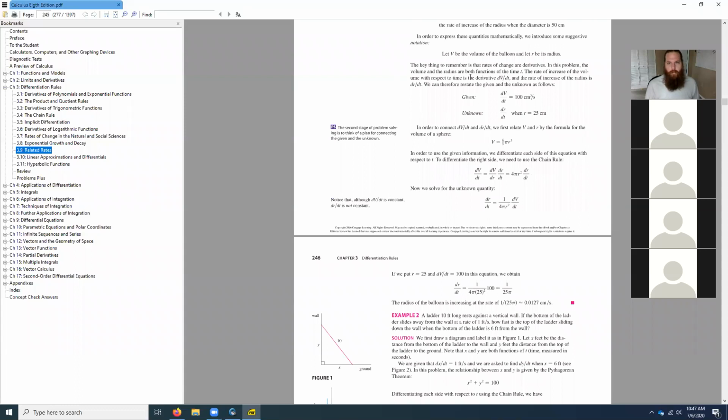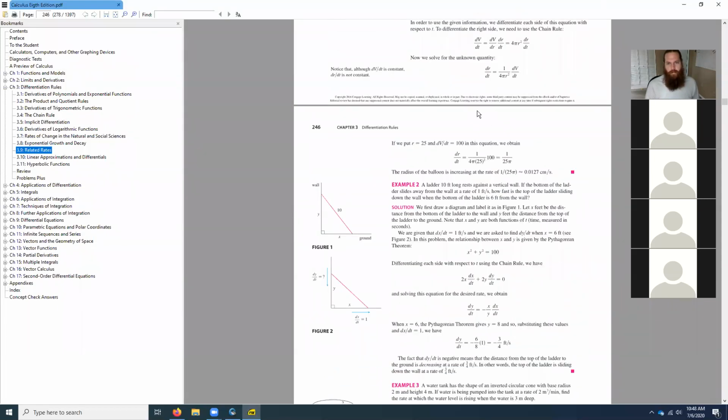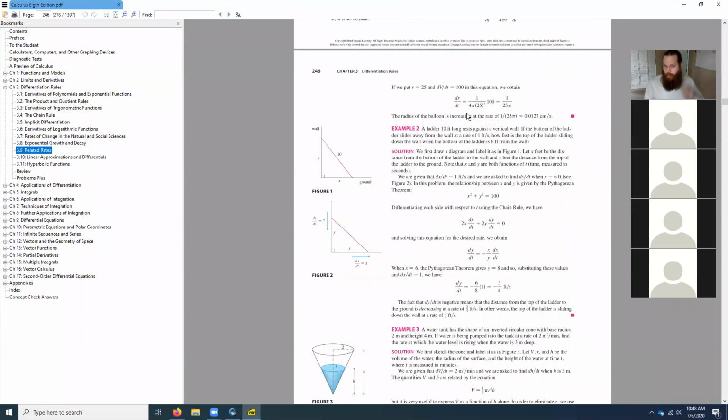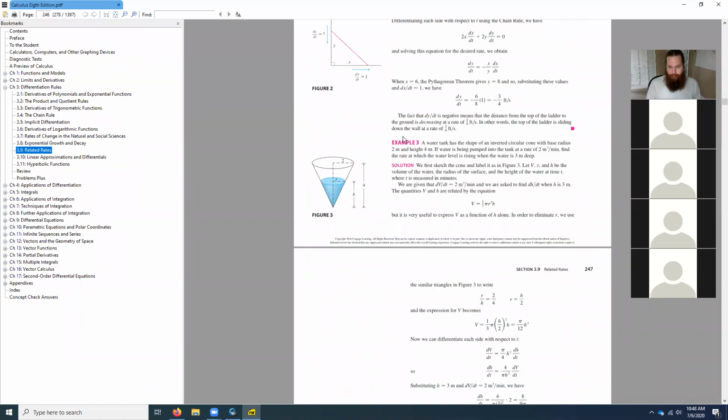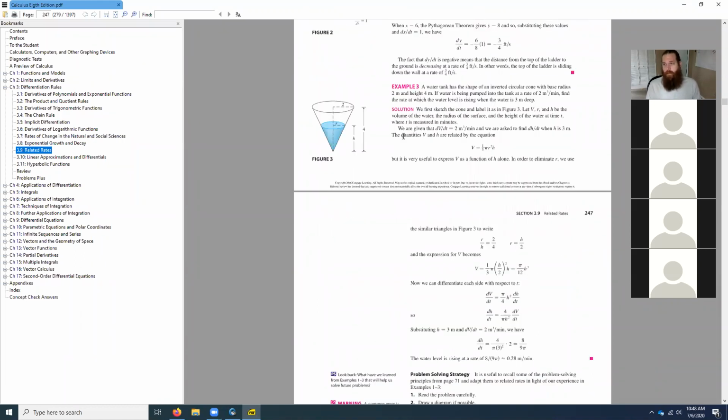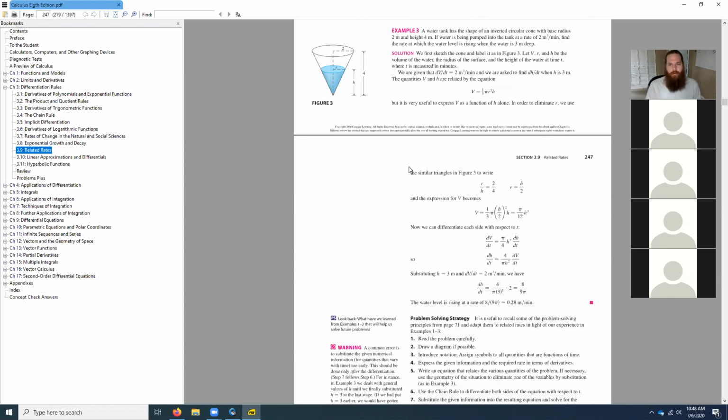So you can work through any one of these problems in the textbook also, right? If you work through these with pencil and paper, rather than just reading them, I think you'll find that that will be really helpful when you get to the homework also. So they're doing all the same sort of stuff that we're doing here.